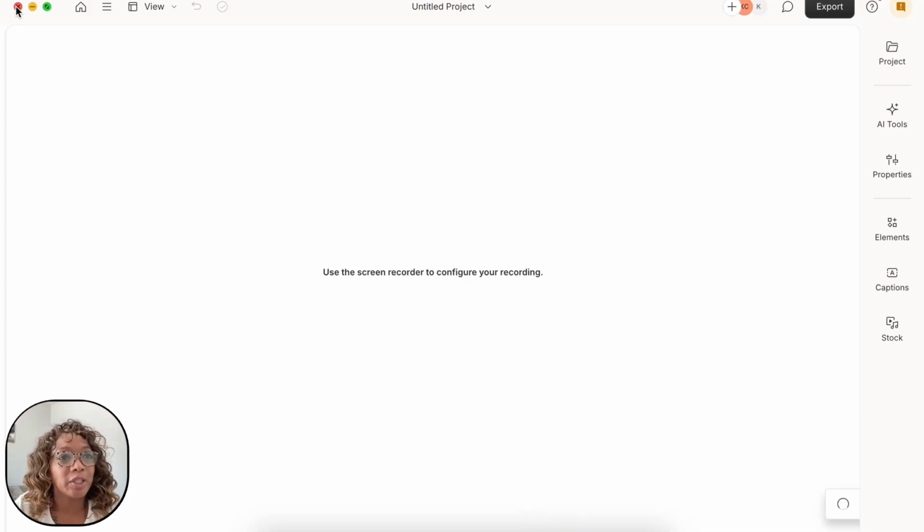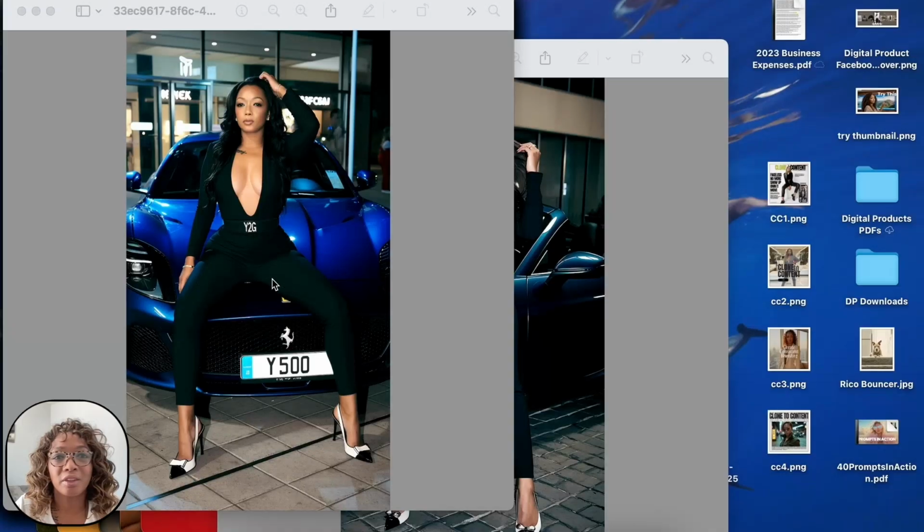So I'm sharing my screen with you guys right now. Okay. And this is just an example. Before we get into it, I'm going to show you guys exactly what I've been doing. So this shot right here is one of the AI twins that I have created. I've created an AI version of myself using this technology. So I've been playing around. Sometimes they come out cool. Sometimes they look crazy, right?